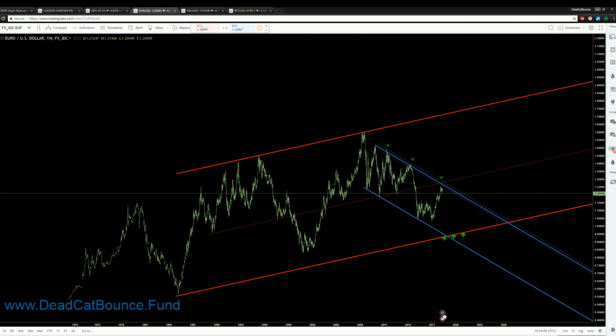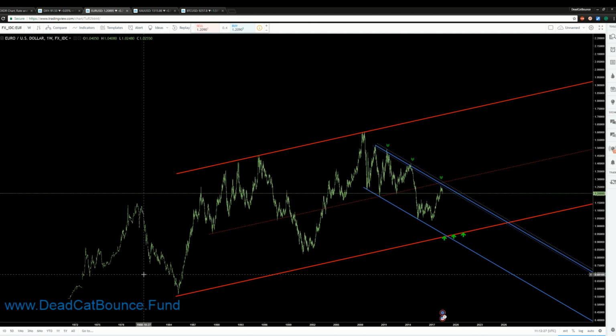So all those currencies measured against the US dollar create a negative correlation between those currencies in the basket and the US dollar, meaning that whenever the US dollar is gaining strength against those currencies that are falling down, the US dollar is going up. But when those currencies are going up in value against the US dollar, the US dollar goes down. So this is pretty much what the US dollar index shows us: the strength of this basket of currencies against the world reserve currency, the US dollar.